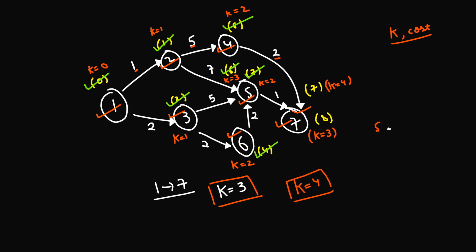Because if this is the source and you can visit k cities in between, and this is the destination, so if this is the 0th city and you have k cities more in between, this is going to be the k plus 1th city, right? So what does that mean? Since k is equal to 3, at this node 7 I can use at max k equals 4. Again, the reason is, in the question k equals 3 means that in between the source and the destination I can have at max 3 cities. So the index of the destination city can be k plus 1, which is 4.